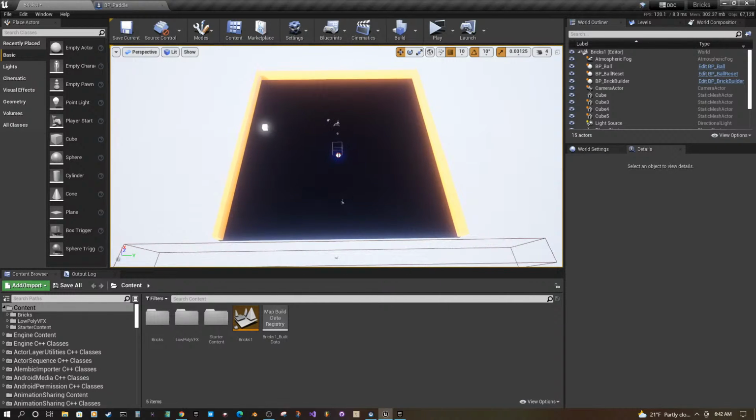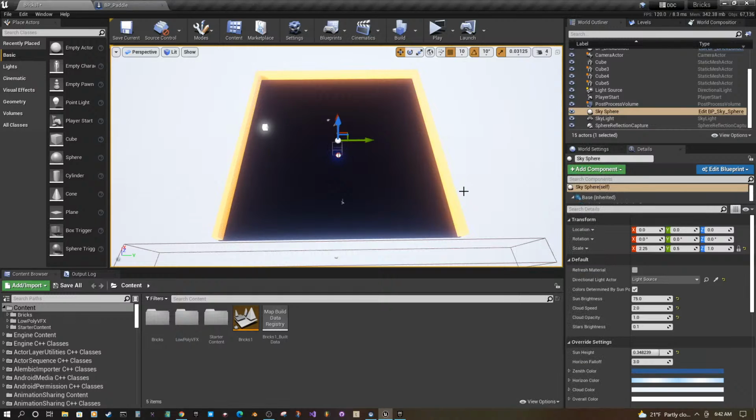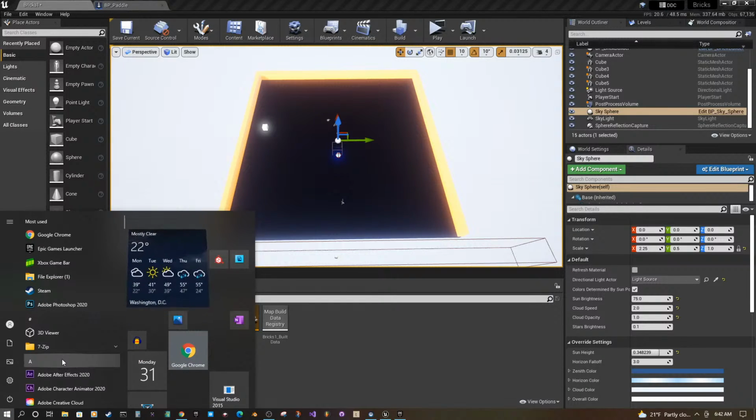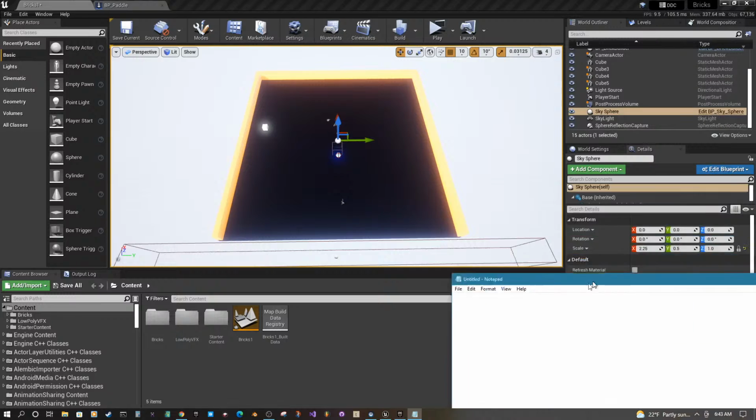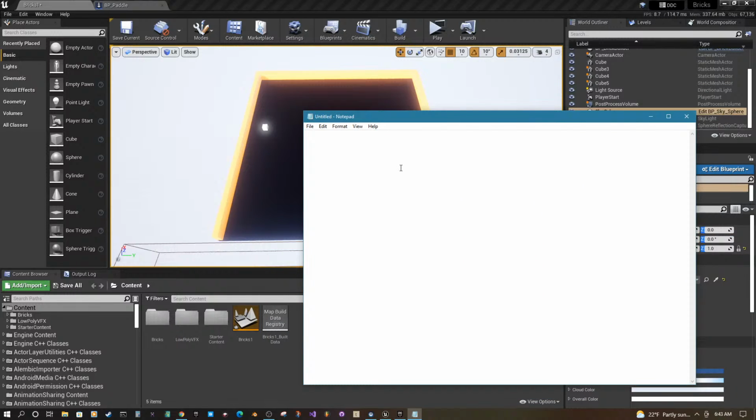But back to our Brick Breaker game. I made a list last night. I think we're pretty close. We're not too far off from where we need to be. So if I was to make a quick notepad sketch here, we've got, one, we need to do the